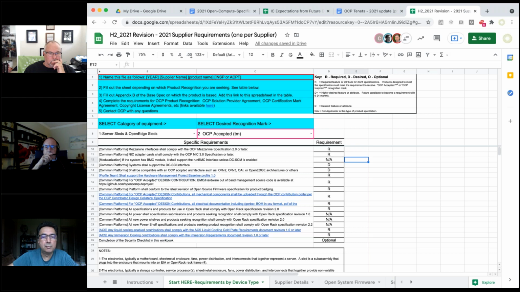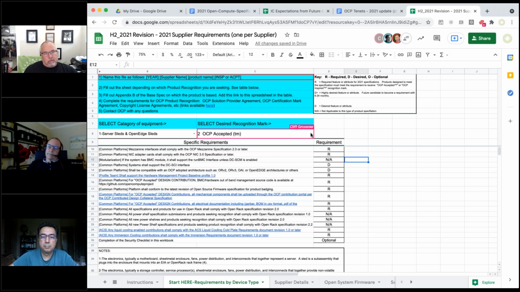No. You know, I took a spec. I started with this spec. It inspired me to build this product. So the spec requirements are not needed for inspired. It's only for accepted. This has nothing to do with inspired. You can do anything you want for an inspired product. It's only if you want OCP accepted that you have to meet these requirements, which is where we set this up.